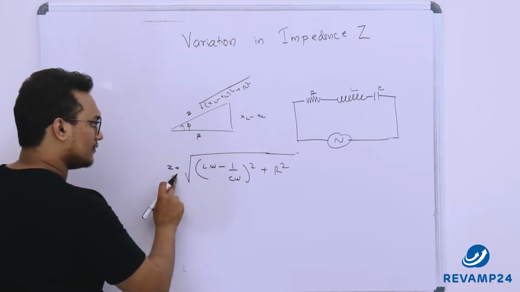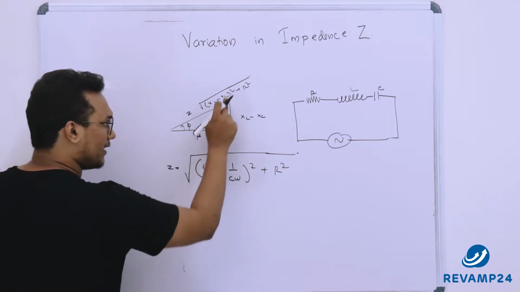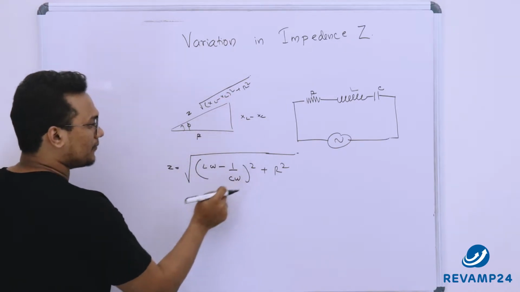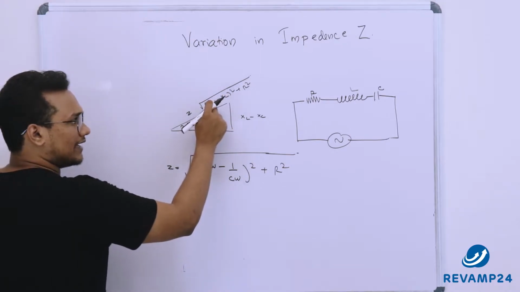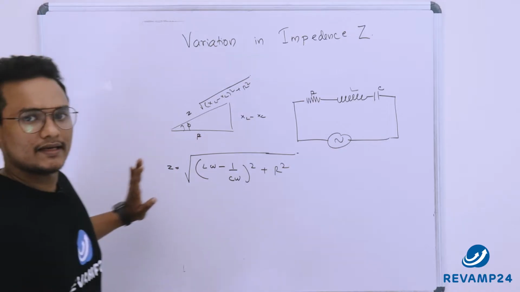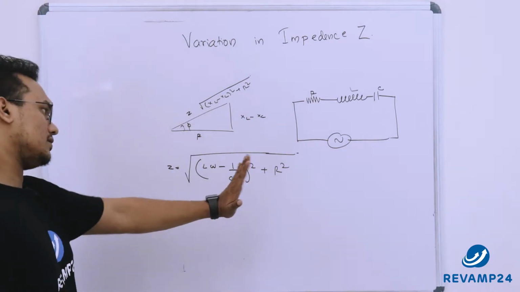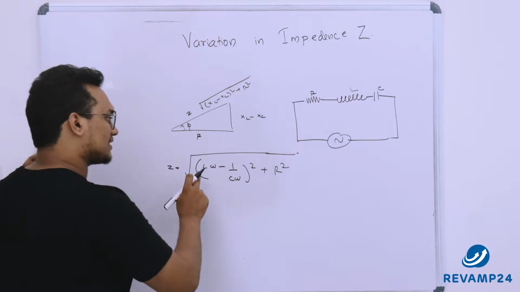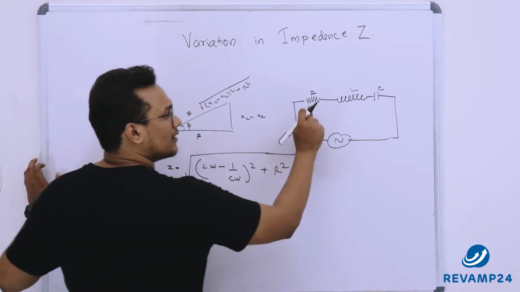And this is the value of XL, L omega, and XC, 1 by C omega. So I have just substituted the value of XL and XC as L omega and 1 by C omega respectively, and I got an equation in this way. Now variation or change of L and C and R